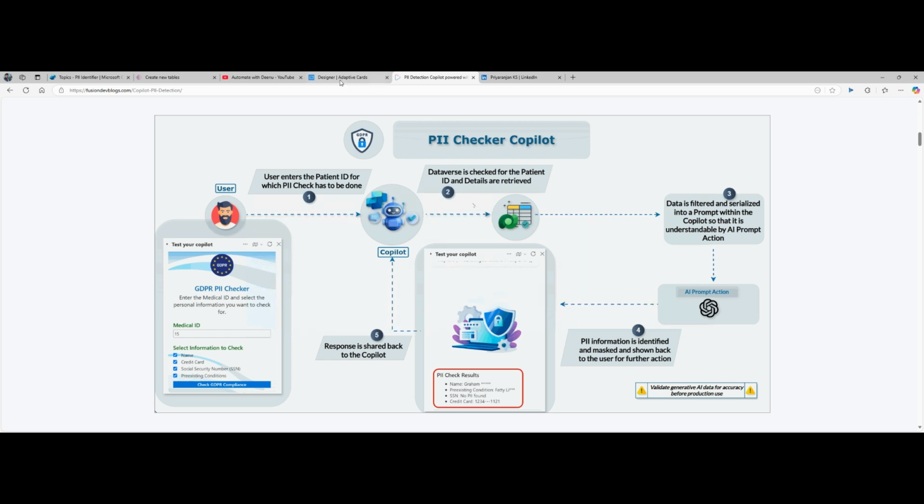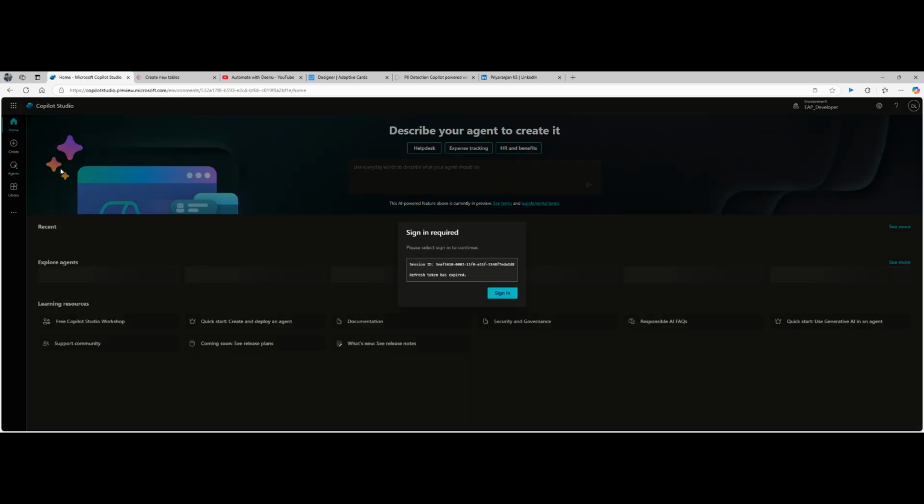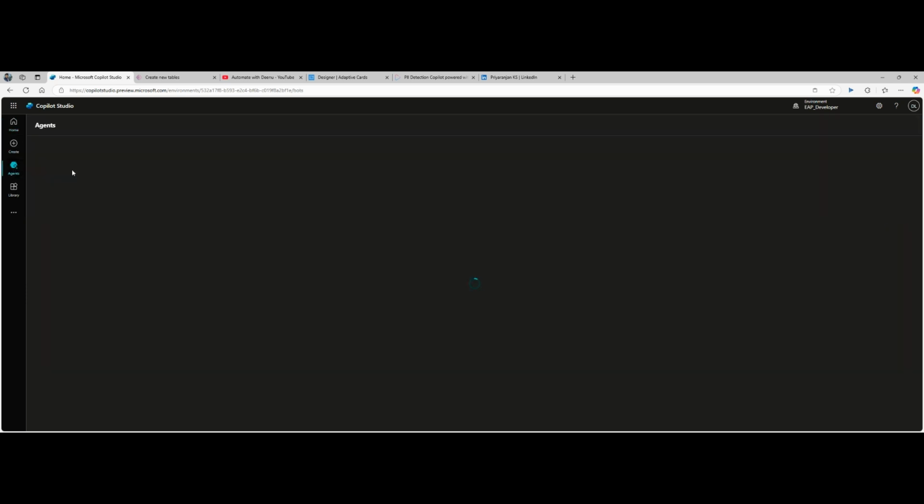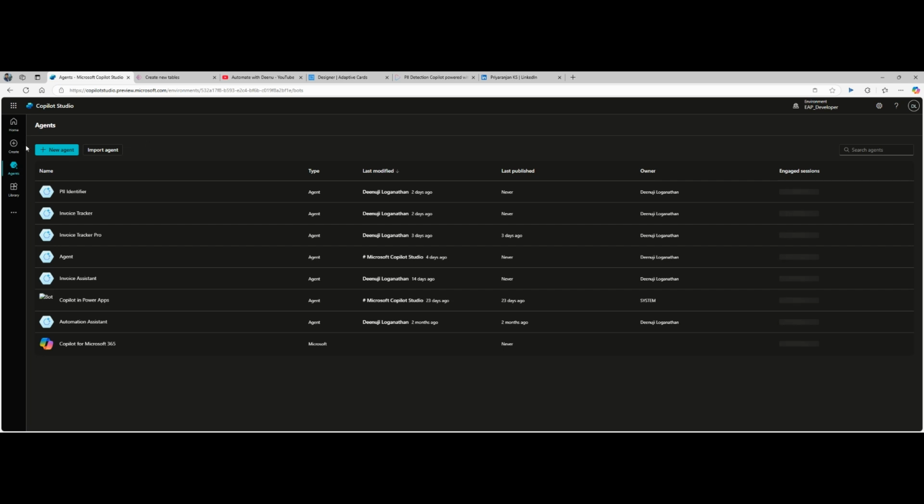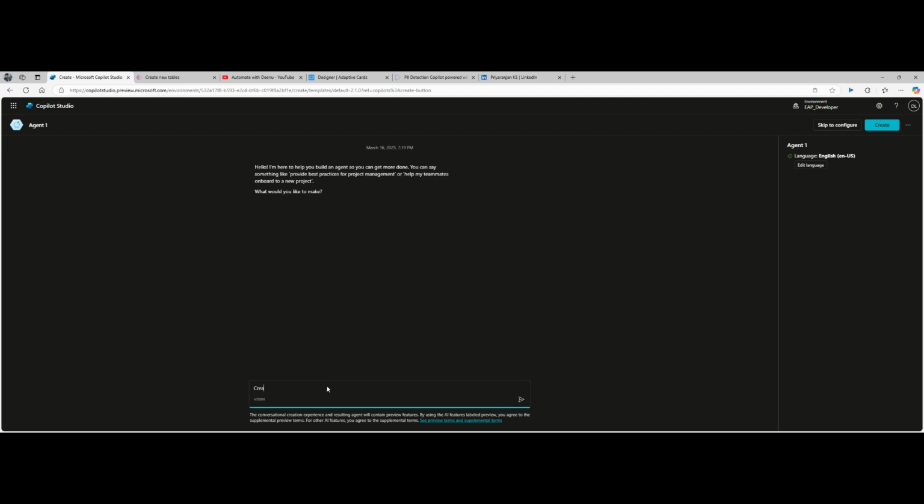Let's move on to the Copilot agent. Okay, let's sign in. Okay, I will click agent, then new agent. Okay, then give: create an agent to check PII data